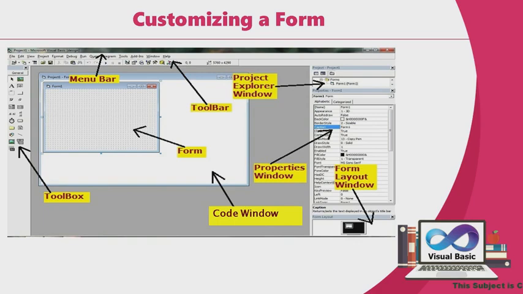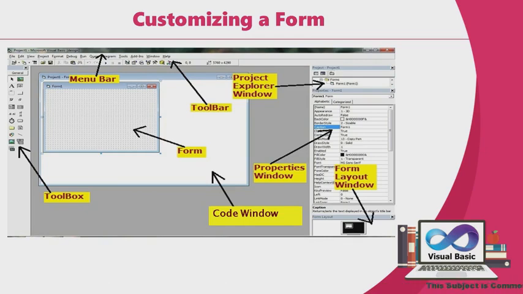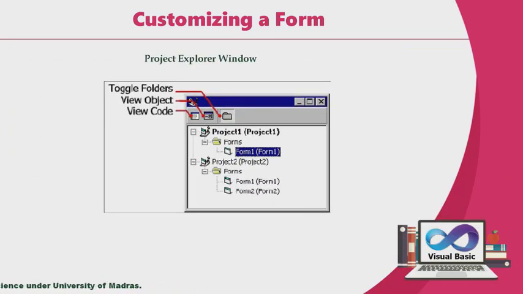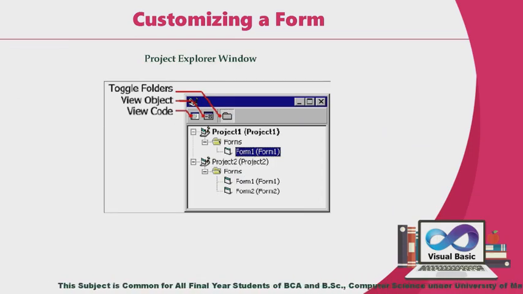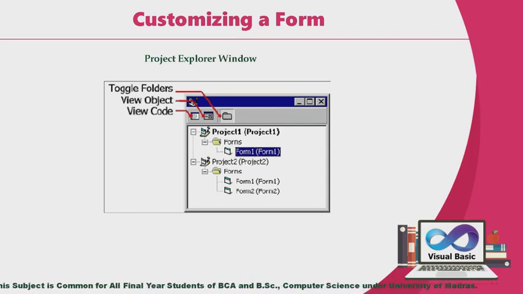Toolbox, which is located along the left side of the screen. Form window. When you start Visual Basic, a default Form 1 with a standard grid, that is a window consisting of dots, appears in a pane called the form window. Project Explorer window. A Visual Basic program consists of several files that are linked together to make the program run. This will help you to switch back and forth between these components as you work on your project. It provides access to two special buttons, View Code and View Object.